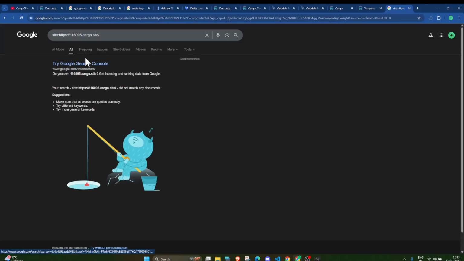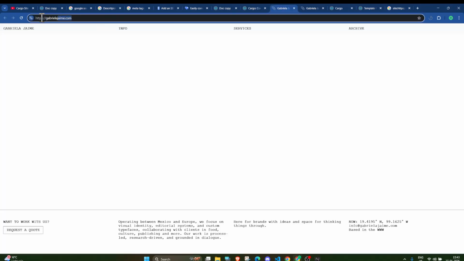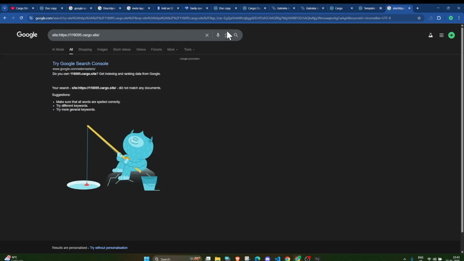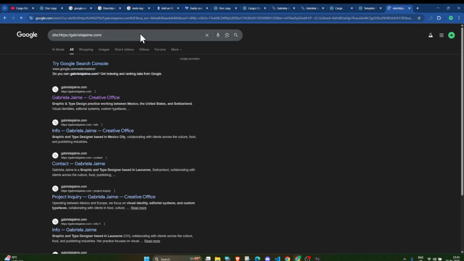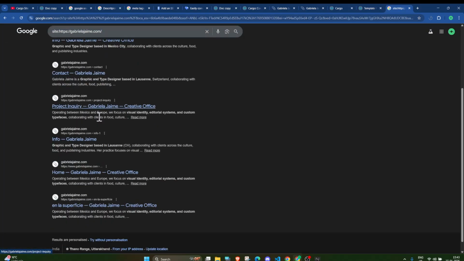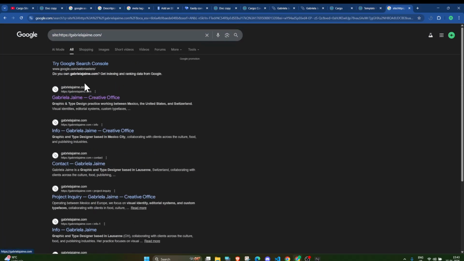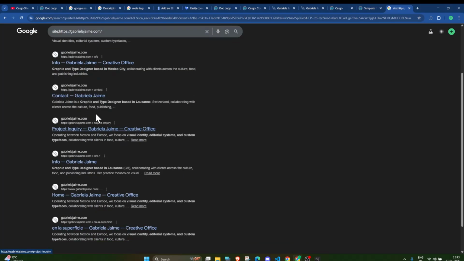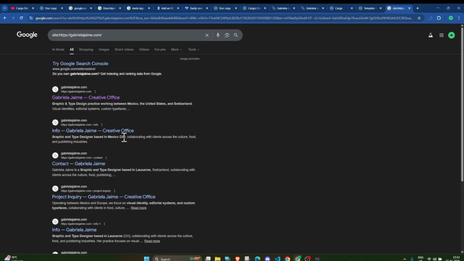You can see there is no such result for this site. And suppose I copy this other site URL and paste it here and press enter, you can see all the pages which are ranking for this website in the Google search result. So that's how you can find whether your website is showing up in the search result or not.